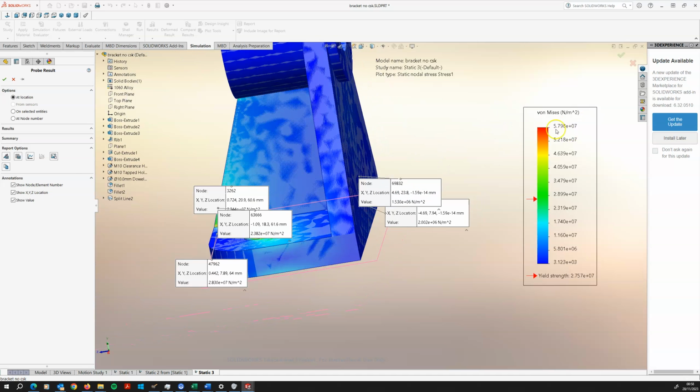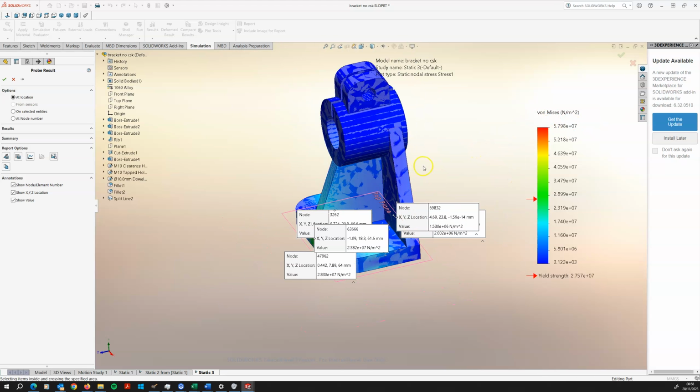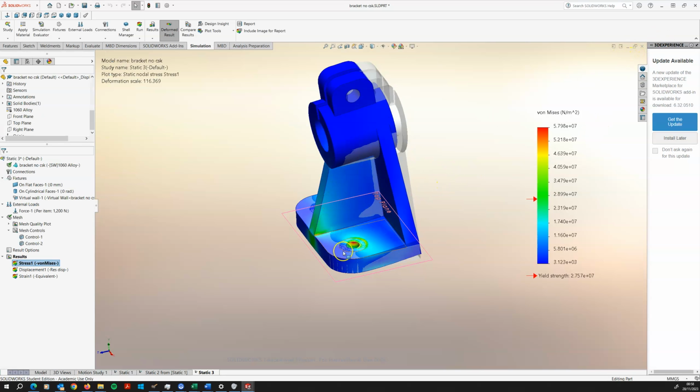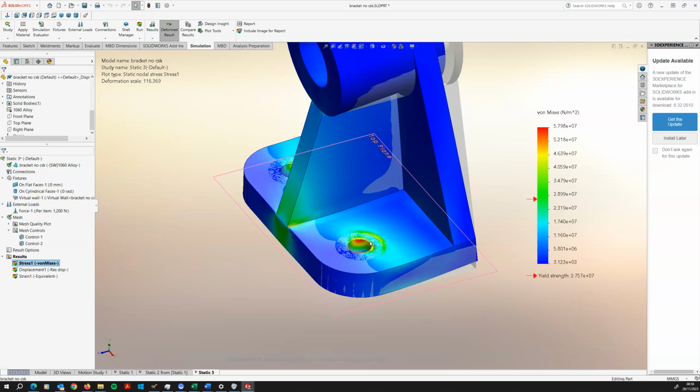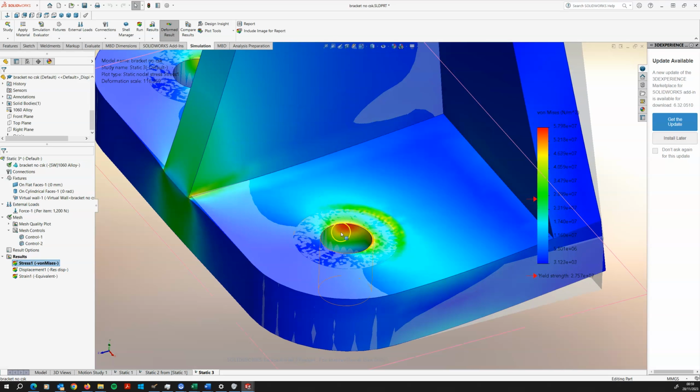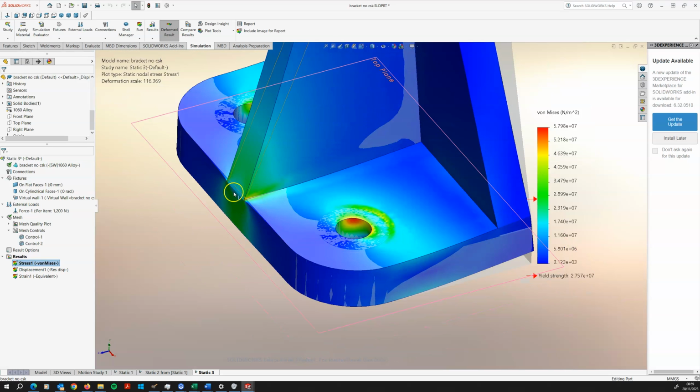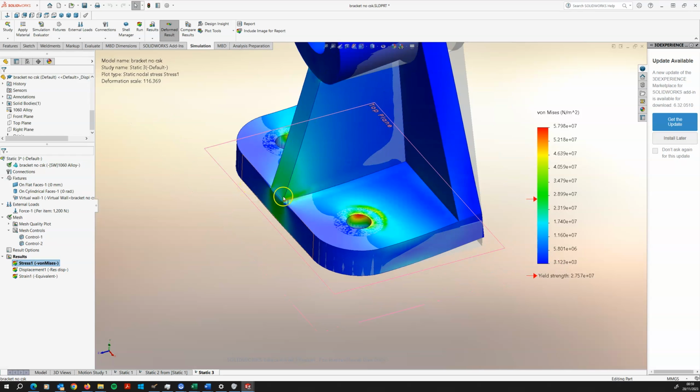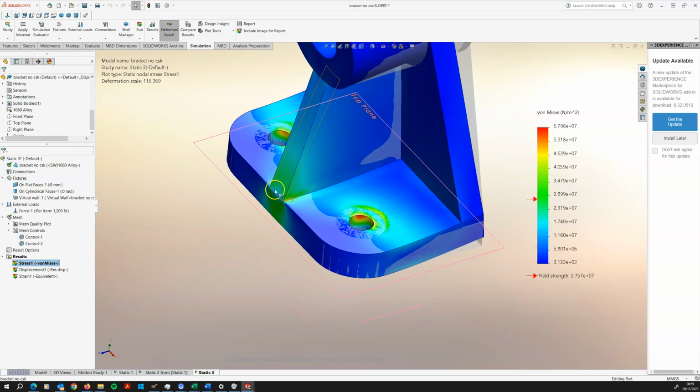Now, von Mises stress doesn't tell you whether those are tensile or compressive stresses, or what the directions of those stresses would be either. It is useful to say there's a lot of stress around the bolt holes, there's a medium amount of stress in this region, but it doesn't tell you whether they're tensile or compressive stresses, and it doesn't tell you the direction of those stresses either. So what I asked for in the Word document,